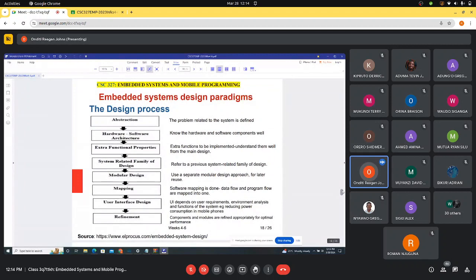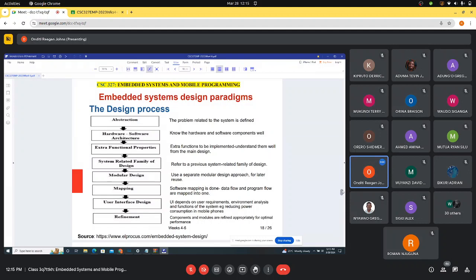So the design process continues. There's abstraction, where the problem related to the system is identified. Hardware and software architecture: know the hardware and the software components well that you want to use. Extract functional properties: extract the functions to be implemented, and understand them well from the main design. System-related family of design: refer to a previous system-related family of design. So, was there a previous design, and what were the shortcomings and what were the best